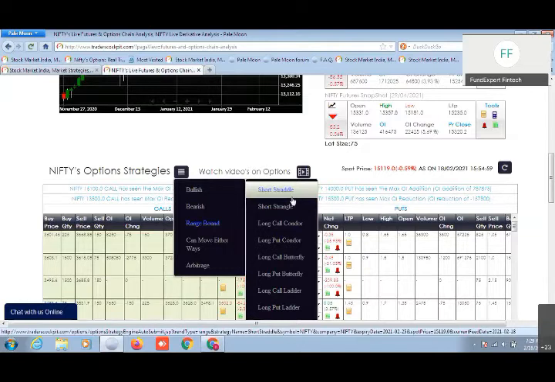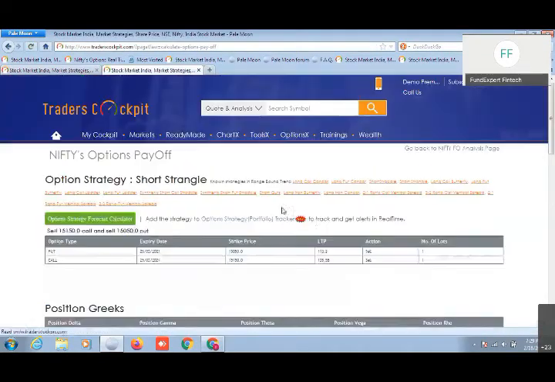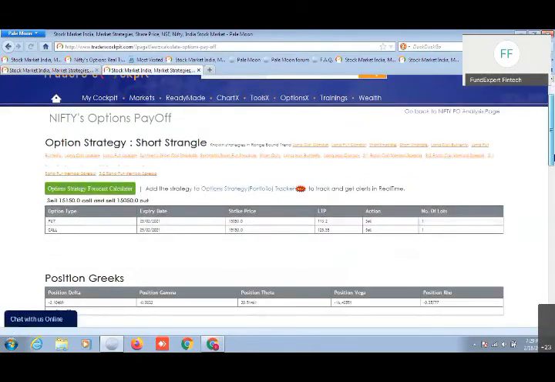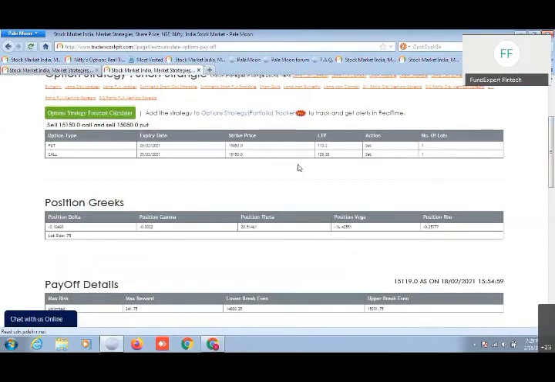But if you're trading naked call or put options also, then you should know where to put your stop losses or where to put your targets as such. Suppose for example, I want to go for a hedge there. Then in this range bound condition, any strategy you select here and click on the button, accordingly it will take you to the next page. It will automatically take you to the next page where it will show you the most probable combination in that strategy, like under that strategy, which call or put option you can buy or which call or put options you can sell. That it shows you on the next page here.